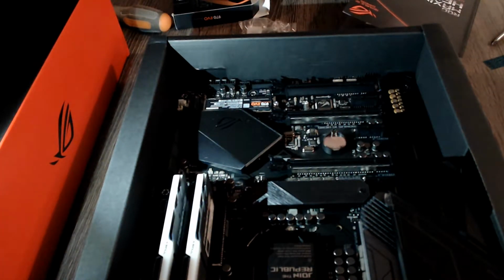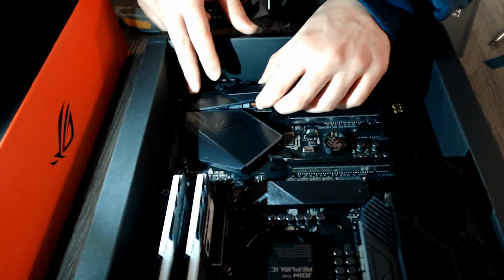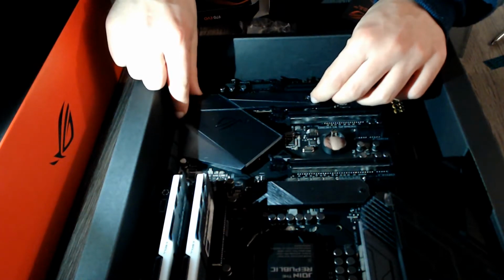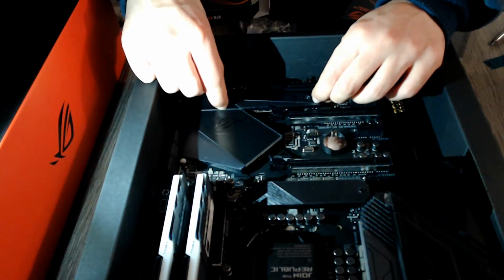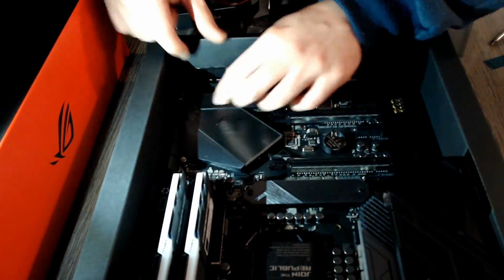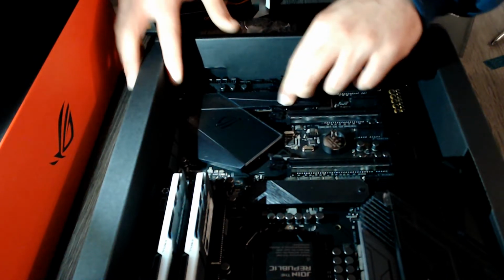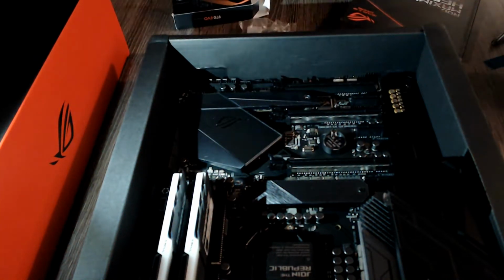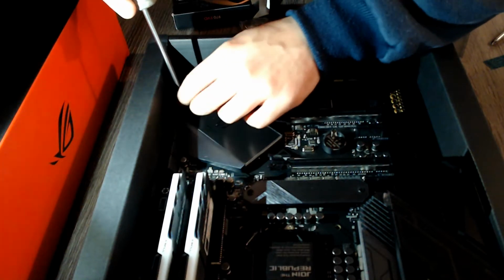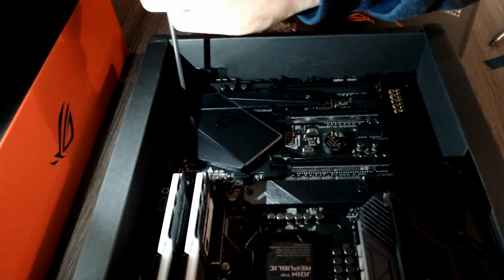Now making sure that it is in the same position that it was before and lining up the screw holes with your heatsink shield thingy. We will try to put it back down as neatly as possible and just put the screws that you safely stored on the side and did not knock off the table, lost and or gotten eaten by your dog slash cat slash iguana or whatever choice of animal you have. You will screw them back in place